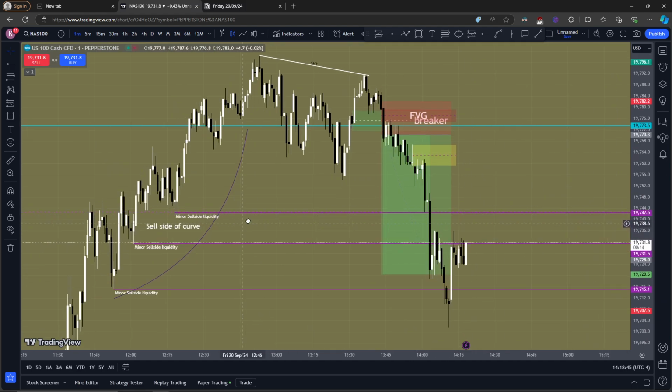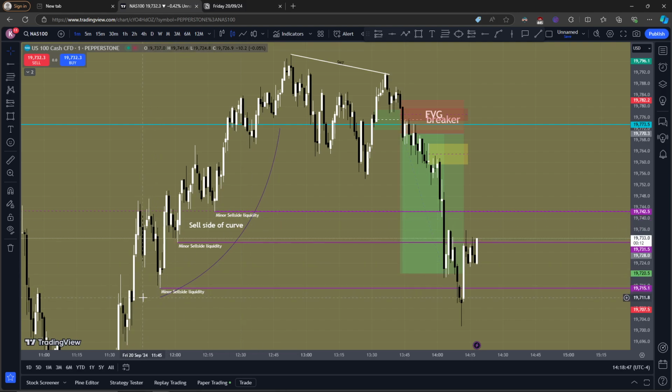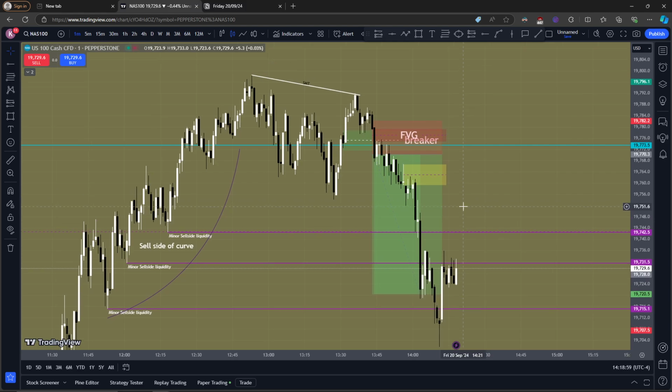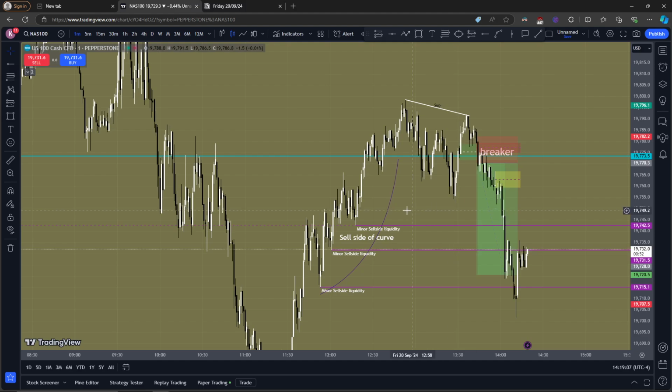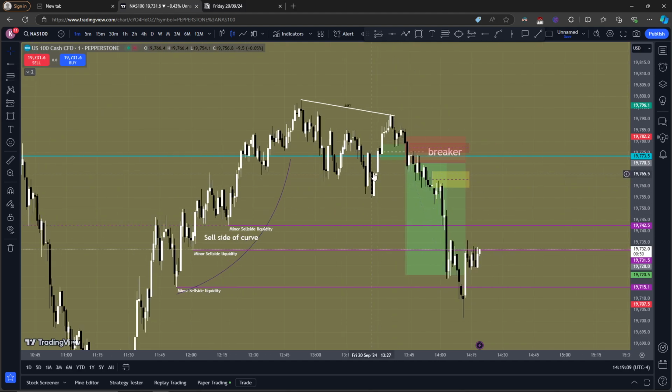So then what we can see here, we have again, as yesterday, the sell side of curve. We have minor liquidity here, minor here, and the main one here. So I aim for about here, and it hit my target. So to recap, we had liquidity swept with the SMT